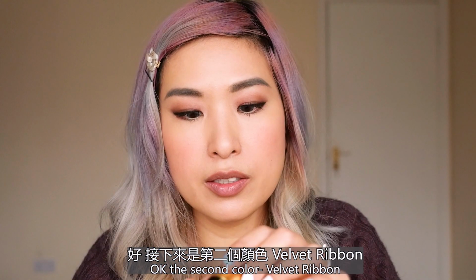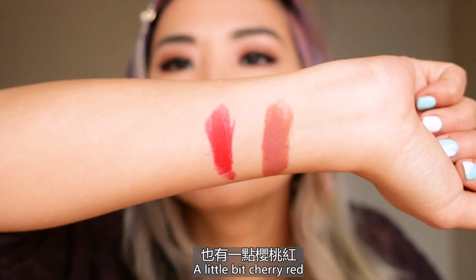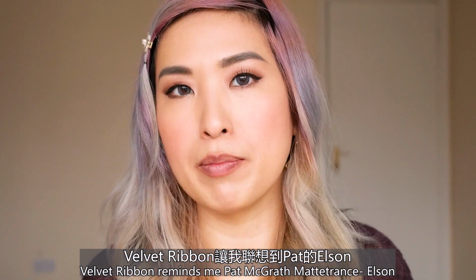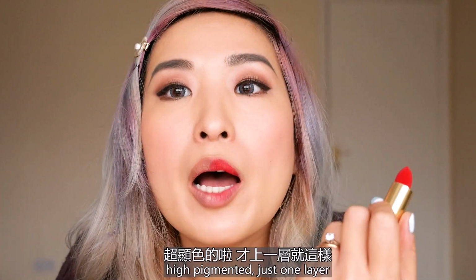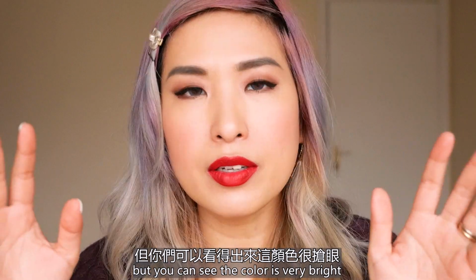Okay, the second color, Velvet Ribbon. Bright blue tone red, a little bit cherry red. Velvet Ribbon reminds me a little bit of Pomegranate Matte Trance Elson. They are both blue tone red. Highly pigmented, just one layer. I didn't make it perfect because you kind of need some time, but you can see the color is very